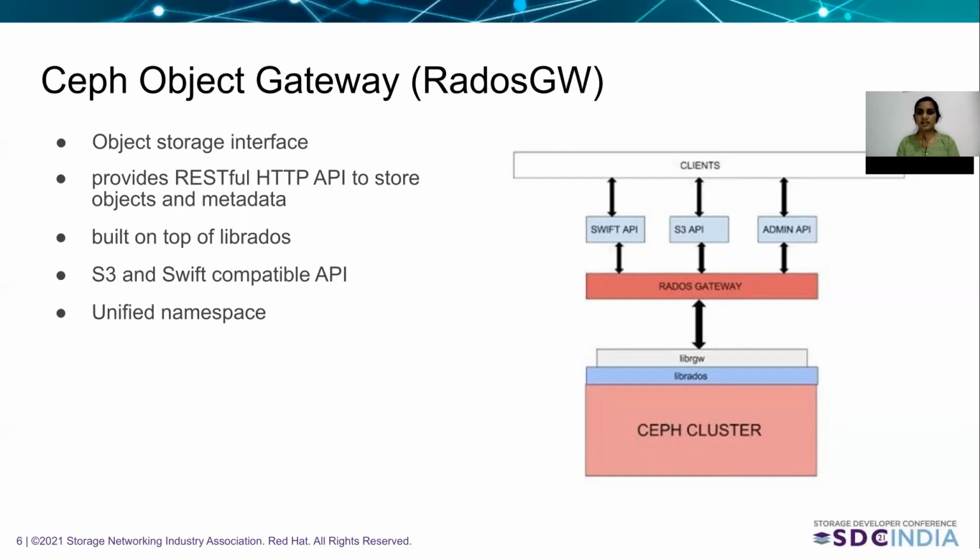It provides a flat namespace, unlike a file system hierarchy. And the objects are immutable. That means once the objects are created, they cannot be modified, but can be recreated. For example, video files or audio files. It also has support for most of the S3 features like bucket lifecycle policies, multi-part upload, object encryption, etc.